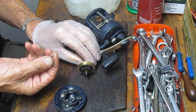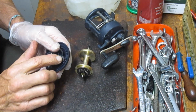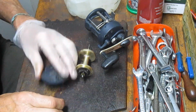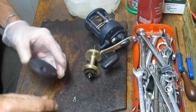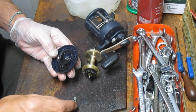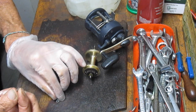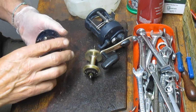So here you go. Here's the screw that belongs on the click. Here's the disabled click ring. And we might be lucky. There might be another part in here. I'm not seeing it. There should probably be another part in here that would have been the other side of this. I'm thinking it probably went this way. Well, no. Alright, well, we're going to take that button out,